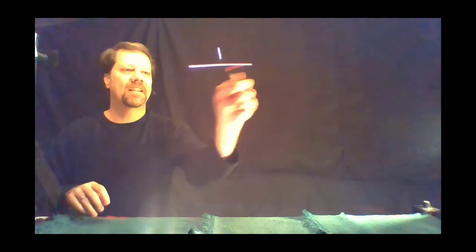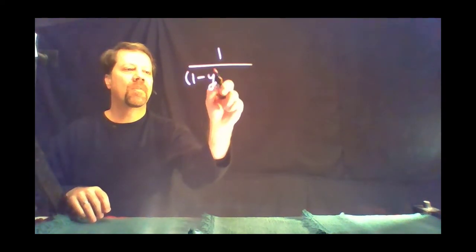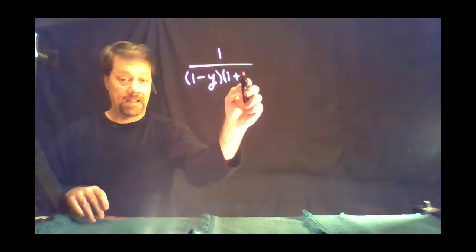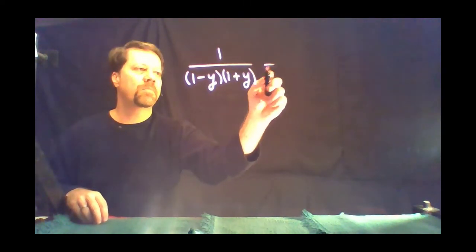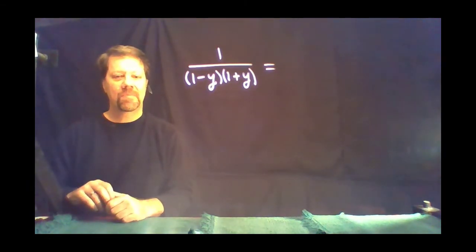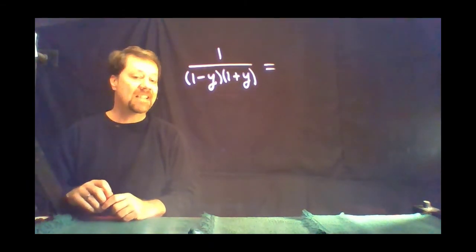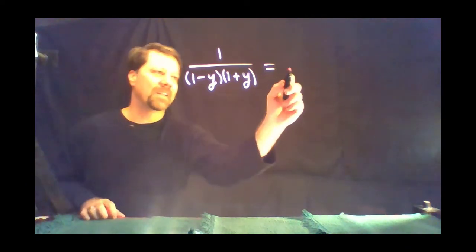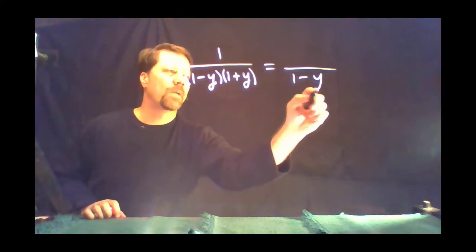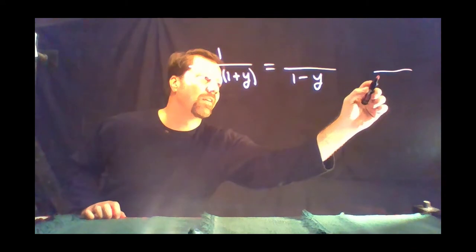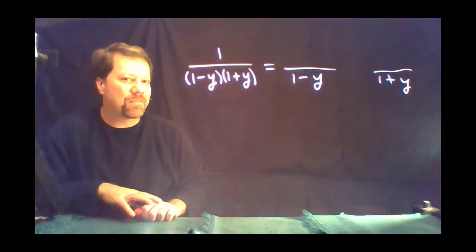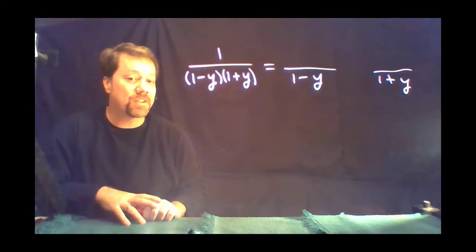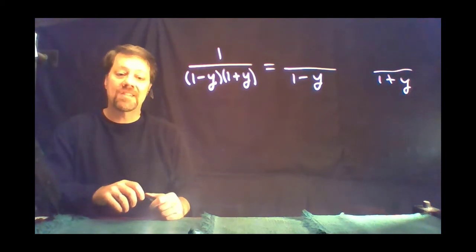Partial fractions is really an algebraic technique meant to separate out complicated fractions, rational expressions, into the sum of simpler rational expressions. In this particular case, it's pretty easy to figure out how to separate these. If I have 1 minus y here, and some fraction with the denominator of 1 plus y here, you might be able to figure this particular partial fractions problem out in your head